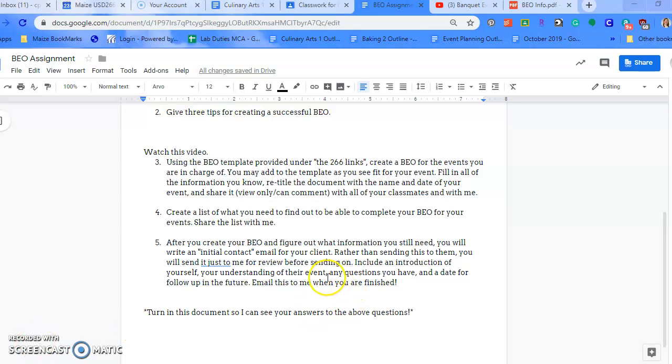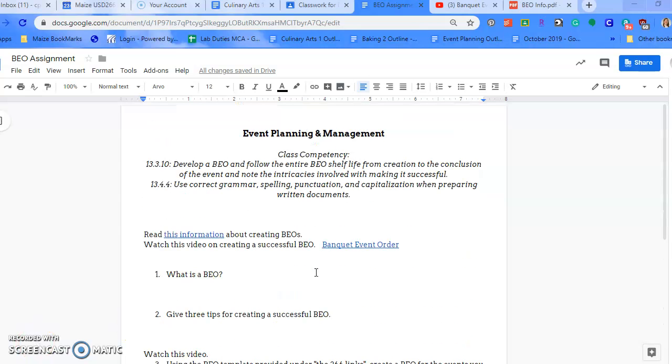Now that you know what a BEO is and why you would need to use them in your class and in your career if you choose this industry, we're going to go into how to use our BEO for the 266. So we're going to look at our class competencies of develop a BEO and follow the entire BEO shelf life. You are going to create it and you are going to go all the way through the conclusion of